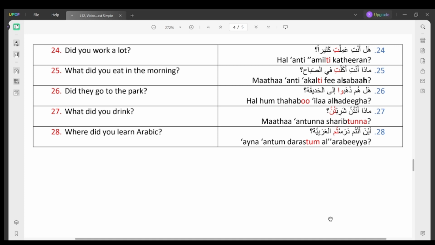What did you eat in the morning? ماذا أنت أكلت في الصباح؟ Number 26. Did they go to the park? هل هم ذهبوا إلى الحديقة؟ Number 27. What did you drink? ماذا أنتن شربتن؟ And number 28. Where did you learn Arabic? أين أنتم درستم العربية؟